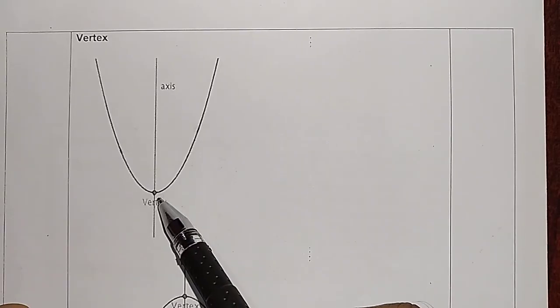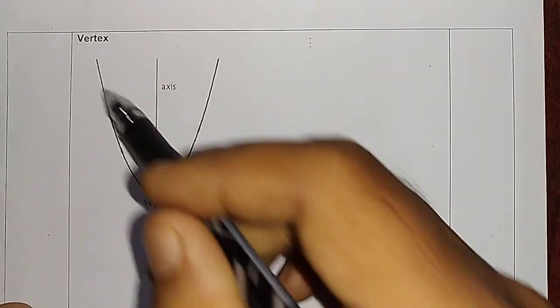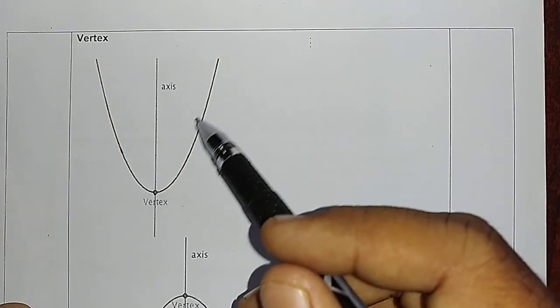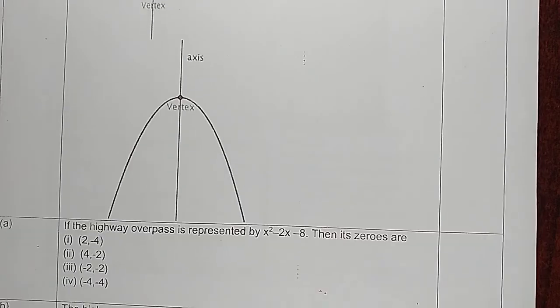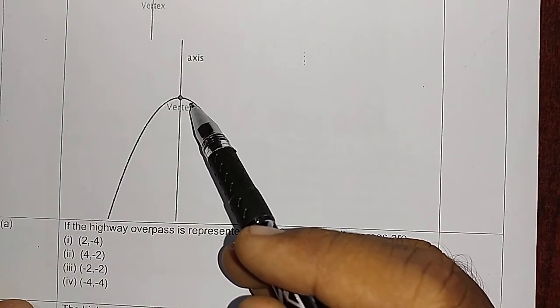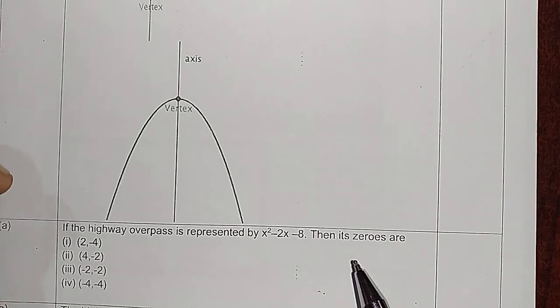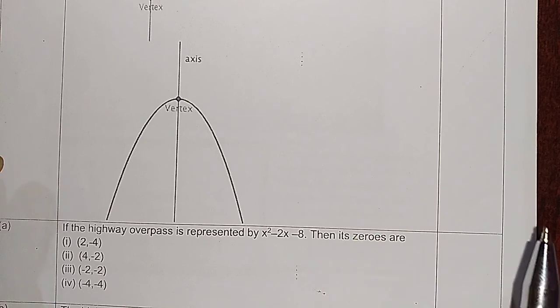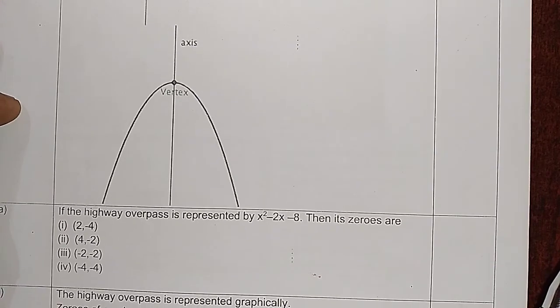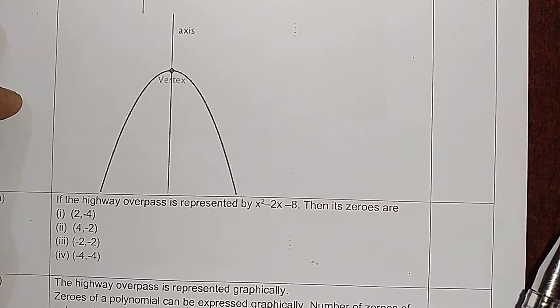Now you can see here the point of the vertex, and this is the y-axis. This type of parabola is known as an upward parabola, and this type is known as a downward parabola. You know that parabola is not in your syllabus. If you choose the math stream, you will study the parabola in class 11. Quadratic equation is in your syllabus, so all the questions are related to quadratic equations. Do not think that you have to solve equations of a parabola.